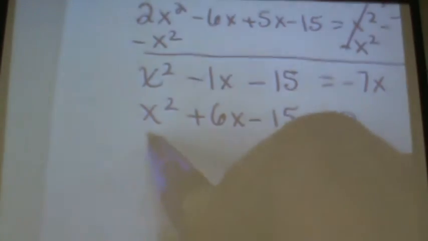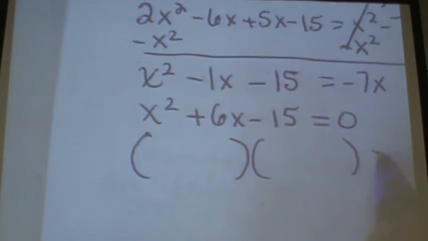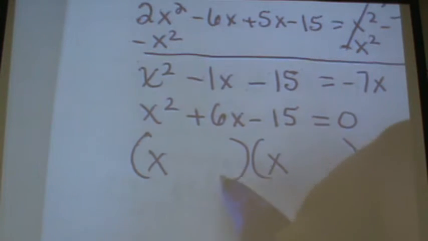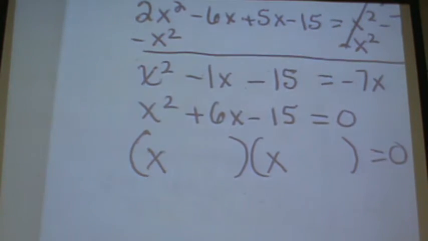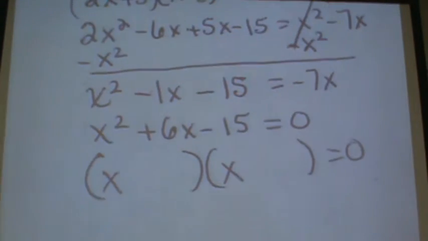Now, if you try to factor this, you're not going to see it. It's not factorable. I don't know what two numbers multiplied to give you negative 15 that add to be 6. So this is an example of one that you would use the graphing calculator, either one. Actually, I'm going